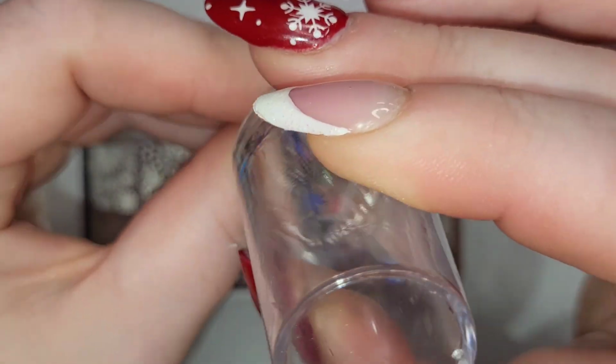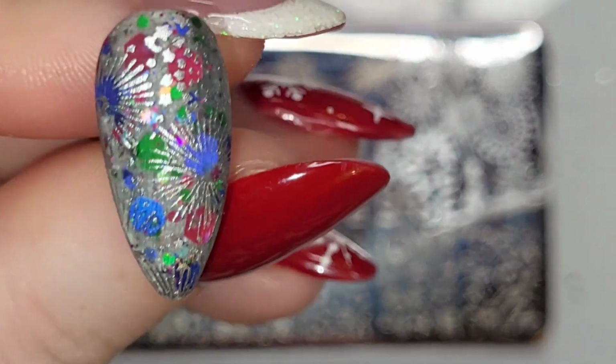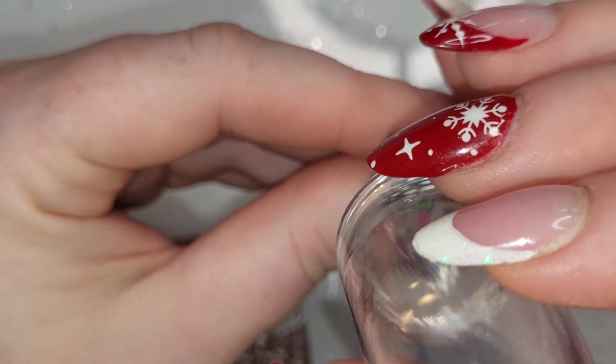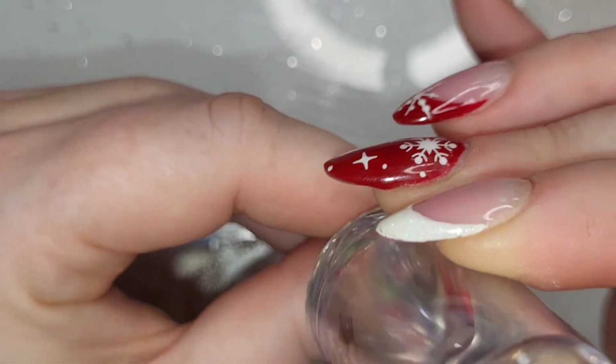Firework design is going on the thumb and the pinky over those glittery. Oh, it's so pretty. I love it. I love it. It's so nice. So that's the thumb and the pinky, and they're pretty much done, and then they can be top coated once